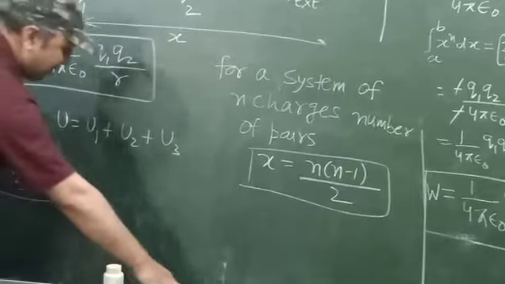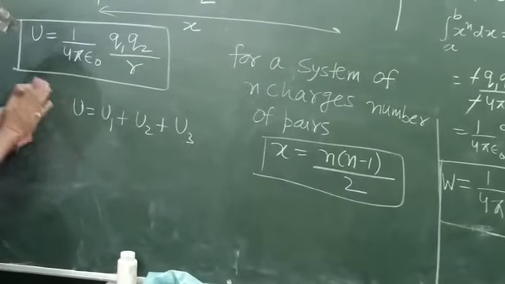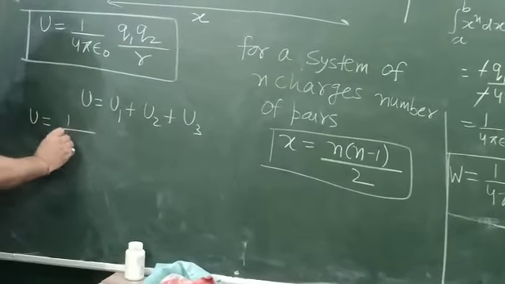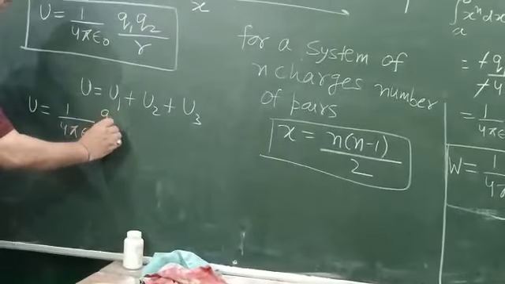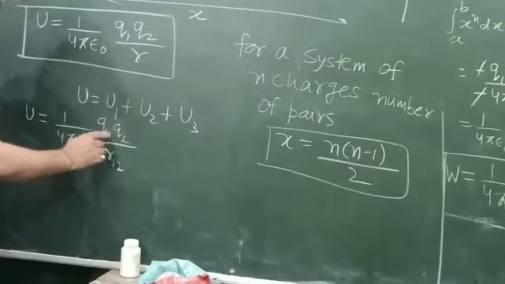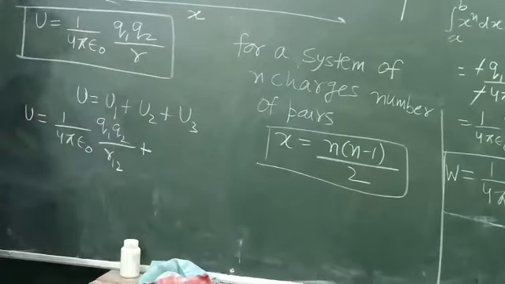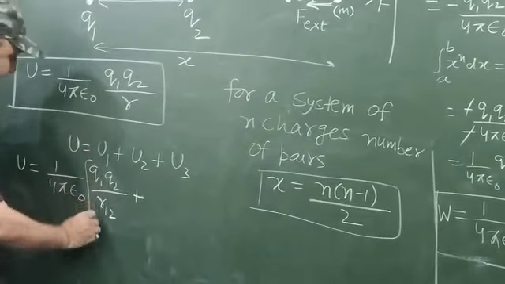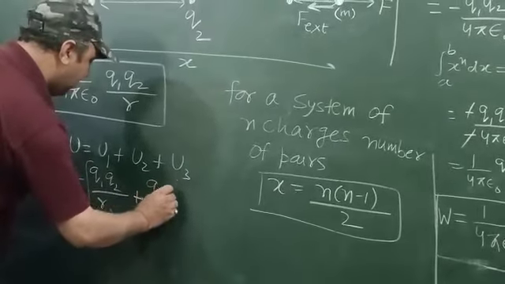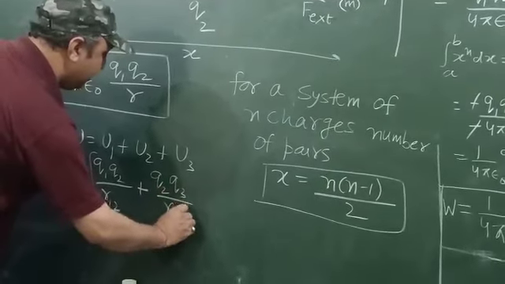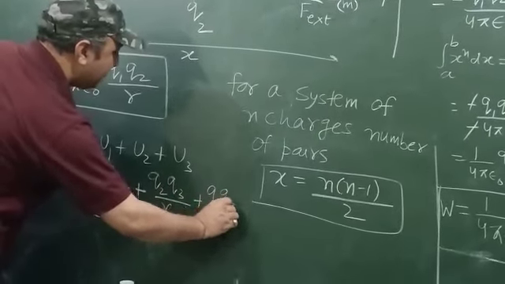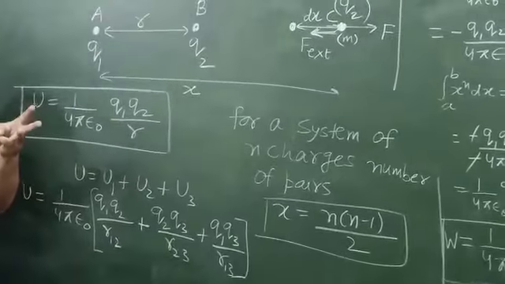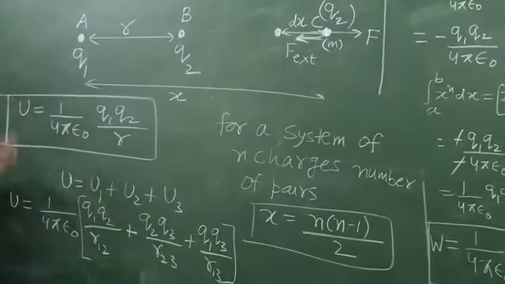Right now in the situation we have how many pairs? Only 3. So we just need to write these 3 terms to determine the potential energy. They would be 1 upon 4 pi epsilon naught Q1 Q2 upon R12. R12 means separation between Q1 and Q2. Similarly, the same term would be written for the term U2, in which this term would be common. So let me put it outside the bracket in a single shot, and let me write this as Q2 Q3 upon R23, and then Q1 Q3 upon R13. So this is the potential energy for a system of 3 charges. With potential energy, electrostatic potential energy.